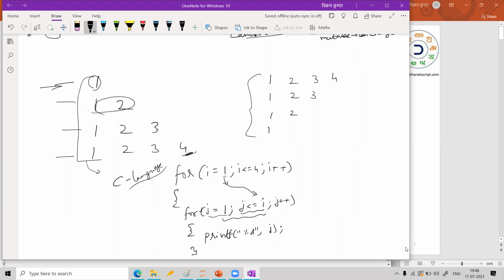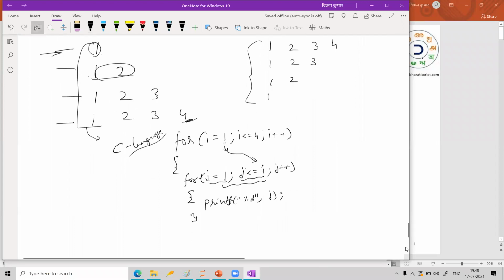Then after the j loop is over, I have to go to a new line. So I will put printf simply \n. Again, one more thing, I wanted to give some gap. If I wanted to give some gap, I may say %2d. Some gap will come between 1 and 2. Otherwise it will simply print side by side without any gaps. So for getting gaps, I'm putting %2d. Then this is the C program. This will work once you write.